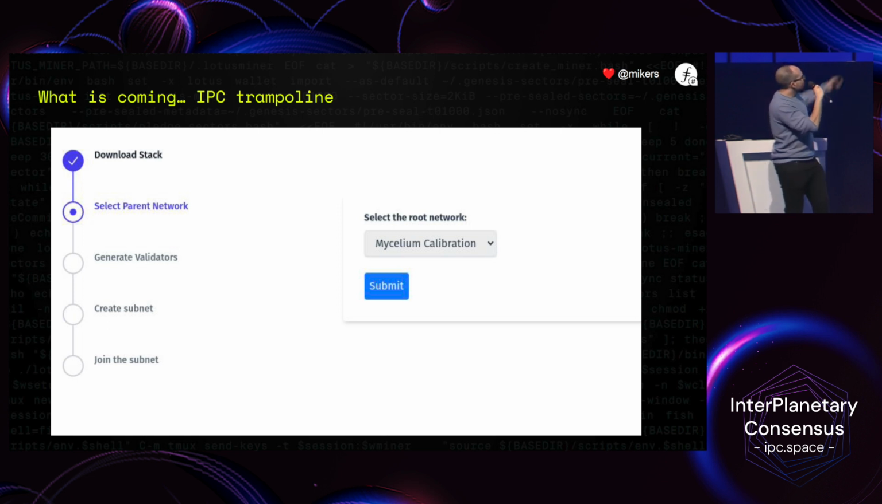So you will select the parent network from which you want to anchor, initially Mycelium Calibration and the actual Calibration, generate the validator identities, create the subnet by deploying the subnet actor, and finally, join the subnet. And from there on, we would be able to trigger and deploy the infrastructure. So this is the kind of thing that